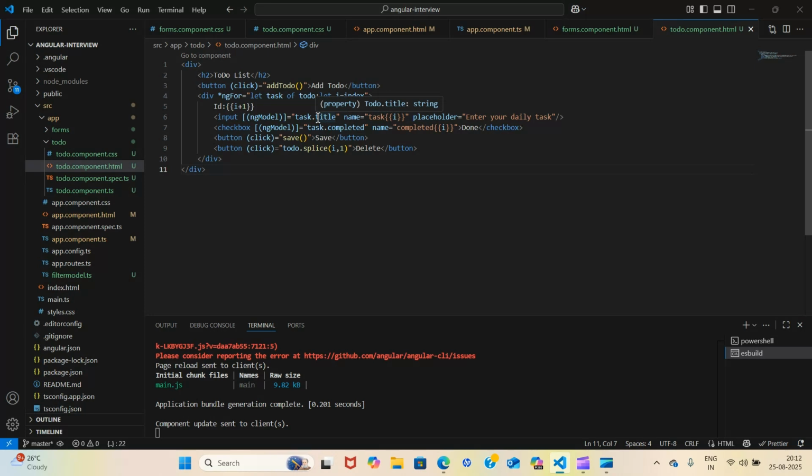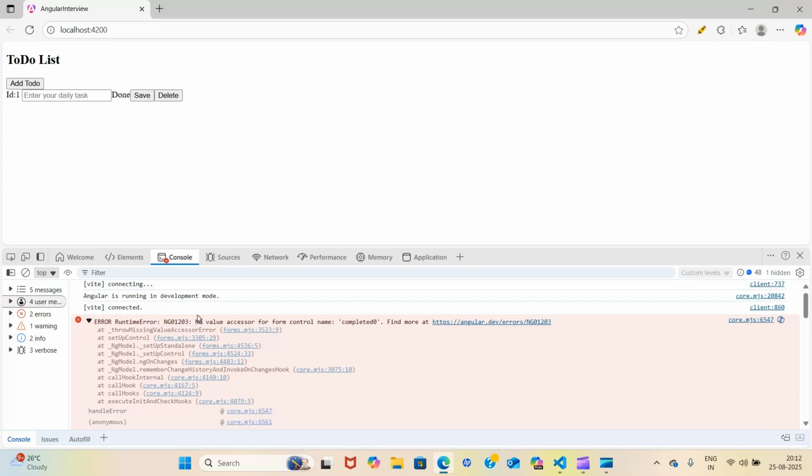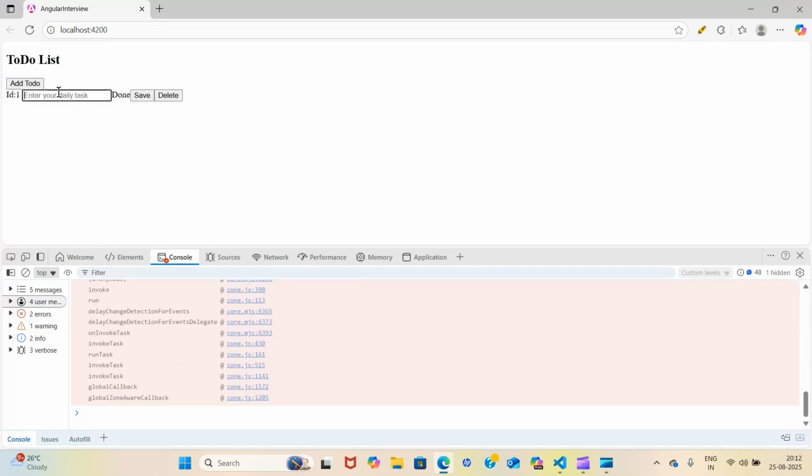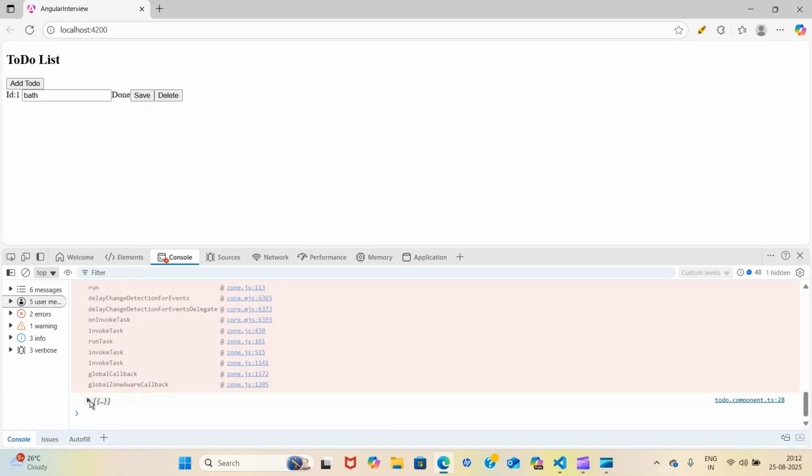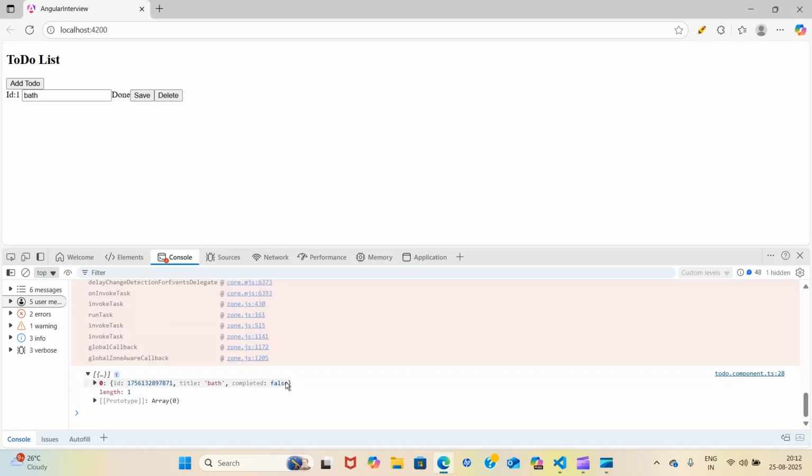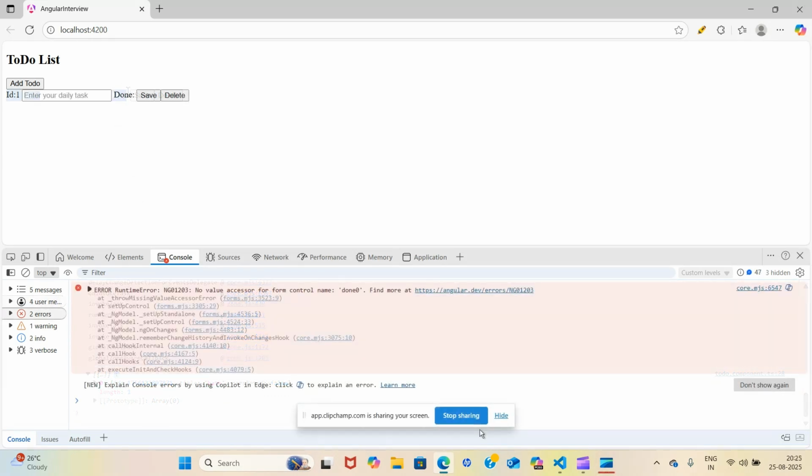Right now let's first of all see in the console that if we save then it is coming right or not. I'll save it. So in the array I can see that yeah, it is updated. But let's debug why this error is coming in done.